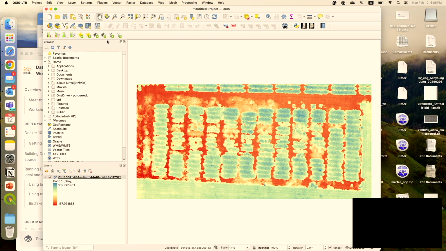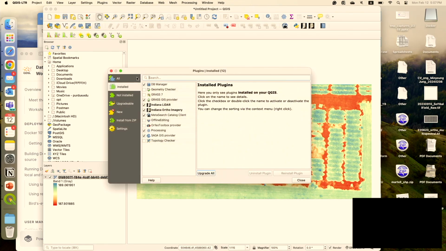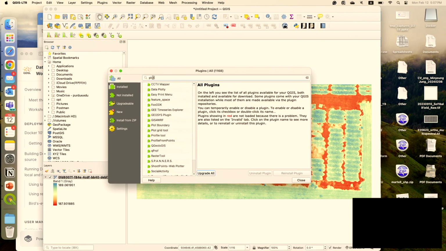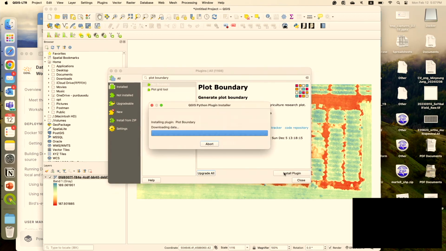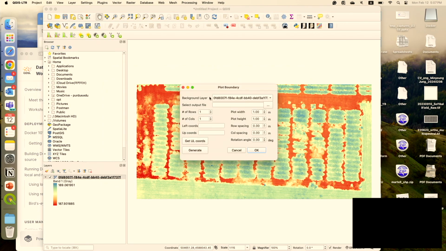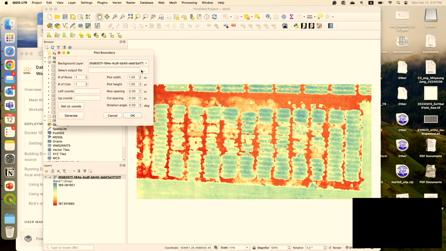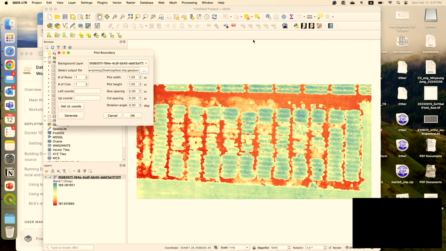And for those of you who don't know, if you go to Plugin Manager here and click All Plot Boundary, see, this is the plugin that we just created. Click close, and then click here. You just select a layer that you like and specify where you want to save it. Let me go to desktop, test shapefile or GeoJSON, and I'm going to create the 2x5,